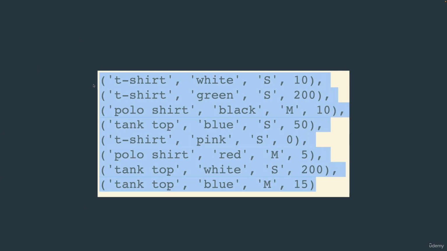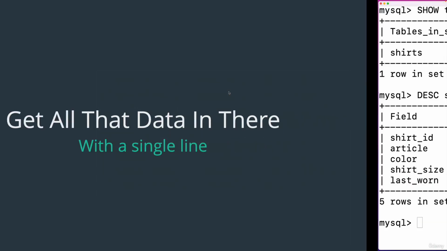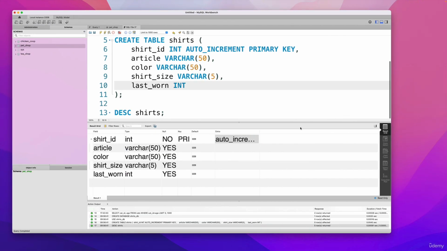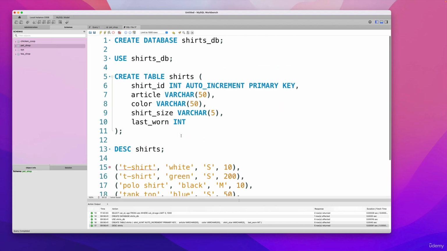So I gave you this. If you copy it from the slides or from my code, what we want to do is take that and insert all of those rows at once. So I'm going to do this from a script again, but I don't want to put it in here and then run all of this again,